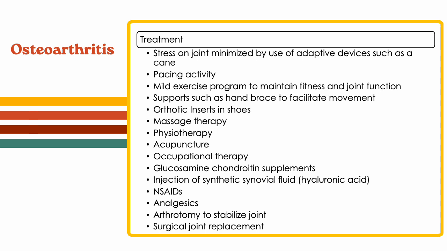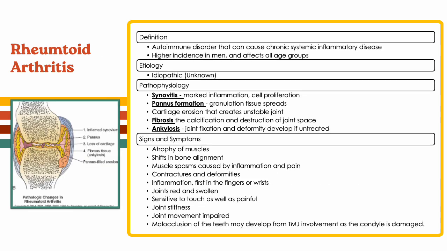And they may have to inject synovial fluid into your joints. So this is where they basically put the same substance, a synthetic form, but the same substance inside of the joint to help cushion it so you're not having that abrasiveness on it. Okay, so you have rheumatoid arthritis, and this is an autoimmune disorder that causes chronic systemic